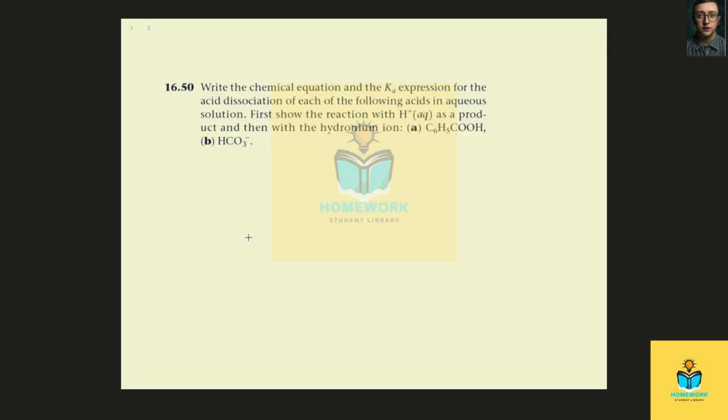Chapter 16, Problem 50, Chemistry, the Central Science. So the question's asking us to write a chemical equation and the Ka expression for acid dissociation for different acids. They want you to write it using H plus and then also using the hydronium ion. So for part A, our acid is